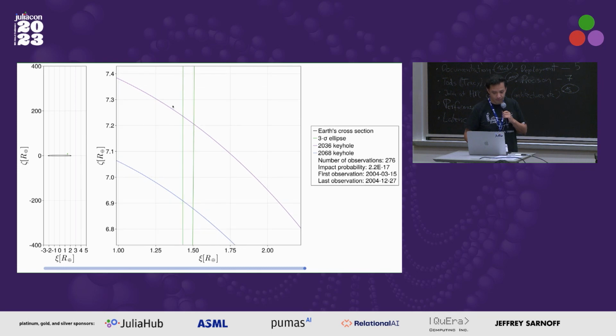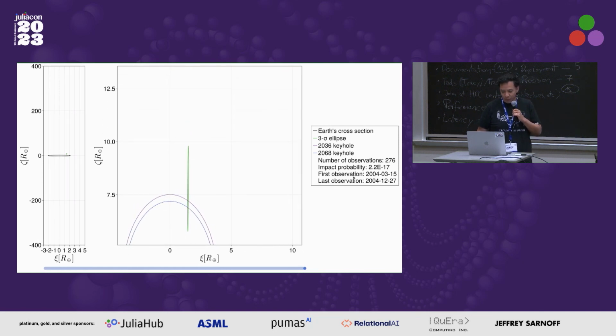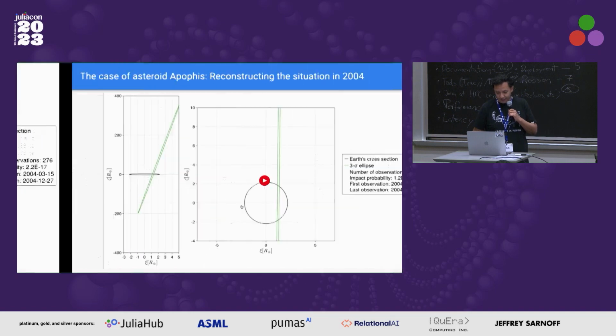which are represented by these arcs, the circles, the purple and the blue circles. So for example, if the actual orbit in 2029 should pass around this area, then we would have an impact in 2036 and the same for 2068, right? But then what we did was precisely,